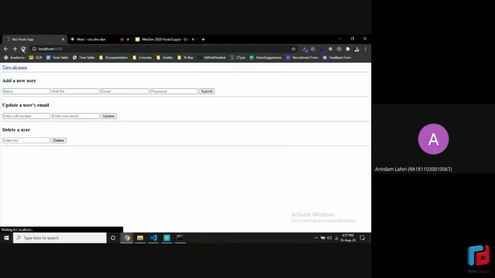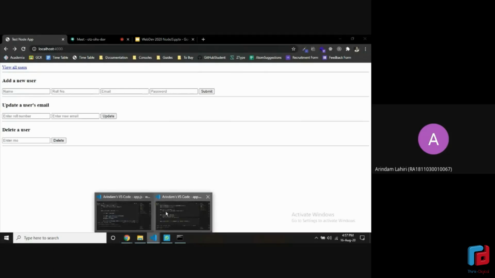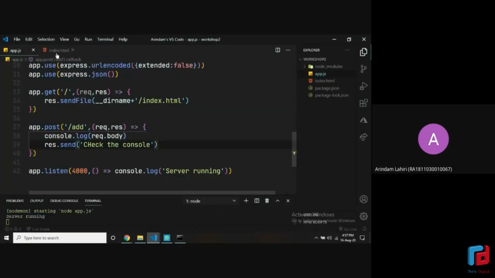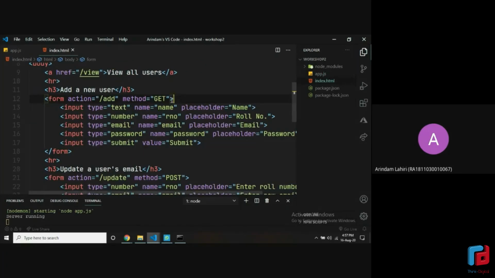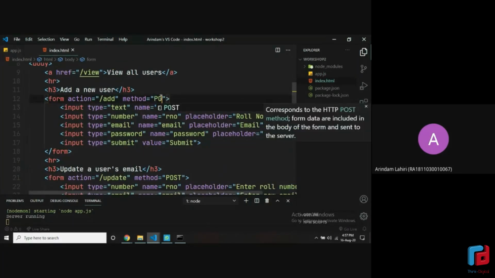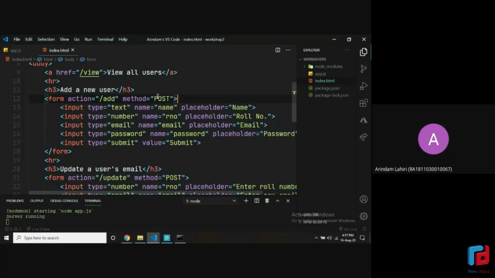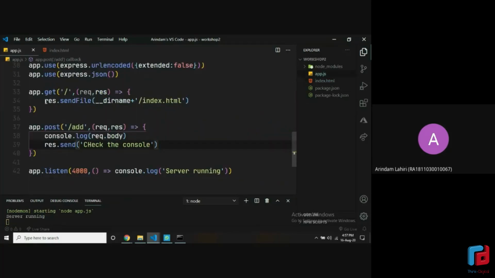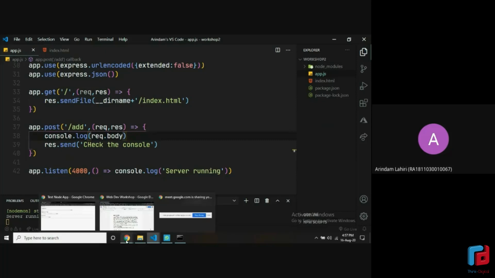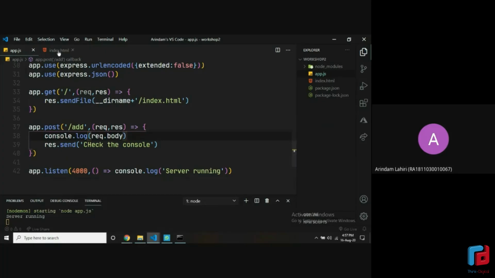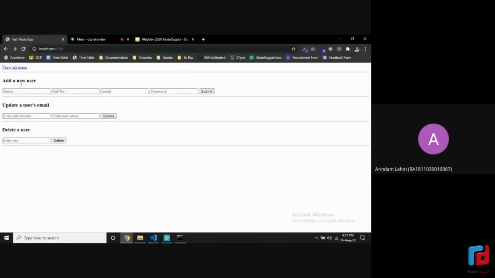Make sure you refresh, and also make sure that the method is set to post now, because we have deleted the get. Let's just change this to post. Now you can see we only have two routes, the slash and the slash add with a post. Just remove the get request, we don't need it now. Now in the add, go back to the form. We also changed the method in index.html to post. Go back to the form, fill out the form with whatever you want.